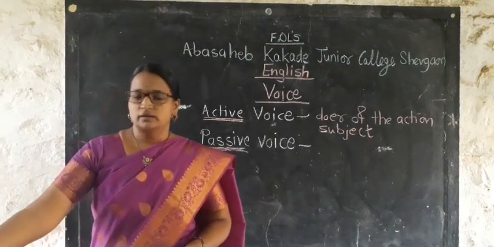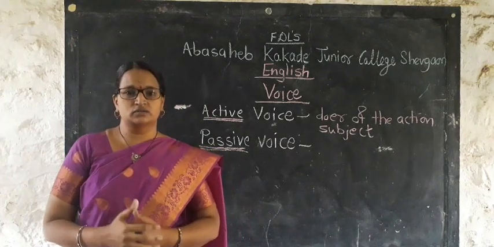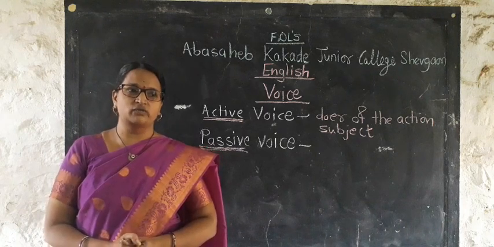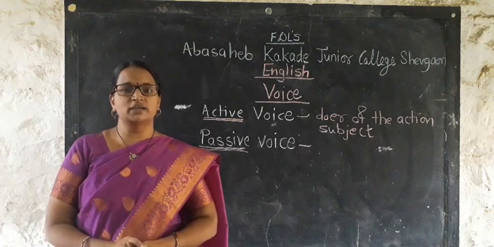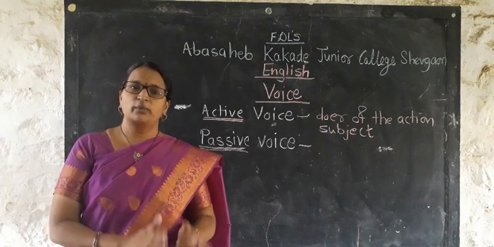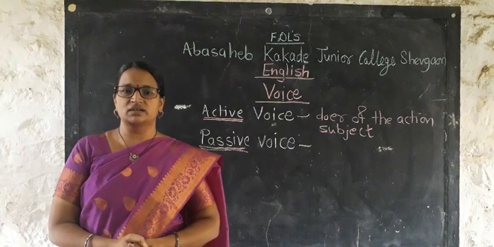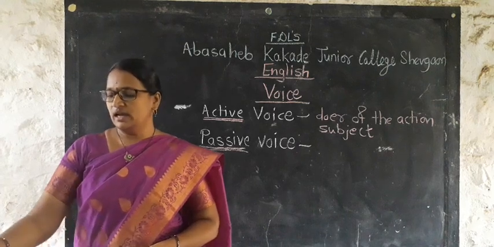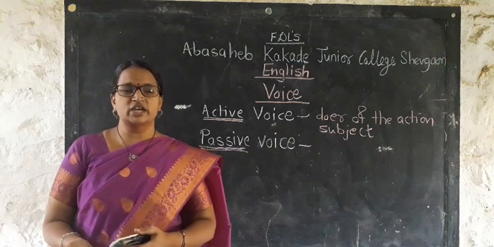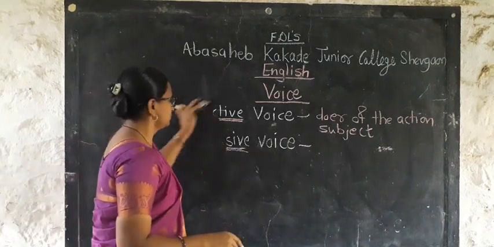And in our activity sheet we have a 1 mark grammar sentence on active voice and passive voice. If the sentence is given in active voice, then we have to change that active into passive, or if the sentence is given in passive, then we have to change that sentence into active voice. Now with the help of examples we will see how to change active into passive and passive into active.